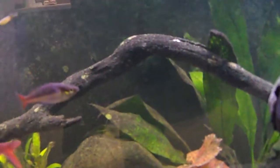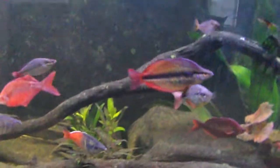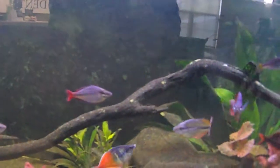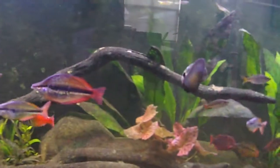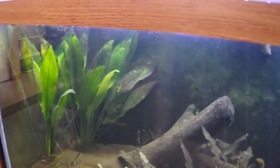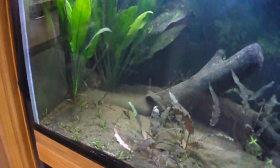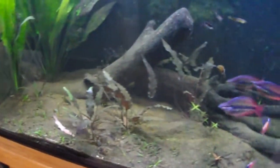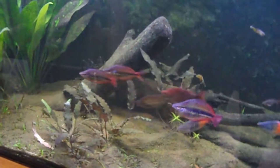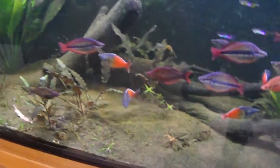Can't really tell if it's growth or just silt at this point. It started out as just debris, but I think now it's turned into some kind of algae or bacterial growth. So what I'm going to try to do is give this entire third of the tank, pull all the plants out, give it kind of an extreme gravel vacuuming, which will remove hopefully all of that silt, probably most of the sand as well. And then I'm going to replace it with